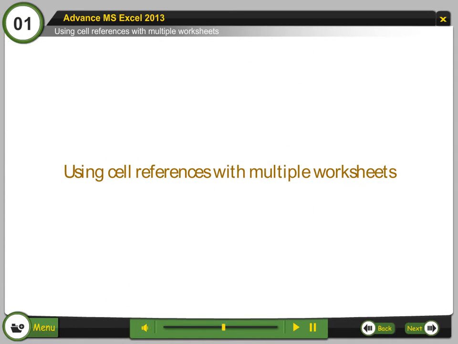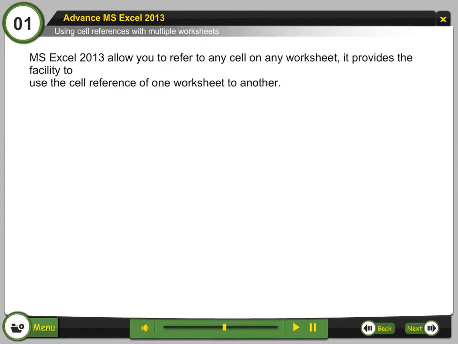Using cell references with multiple worksheets. MS Excel 2013 allows you to refer to any cell on any worksheet. It provides the facility to use the cell reference of one worksheet in another.